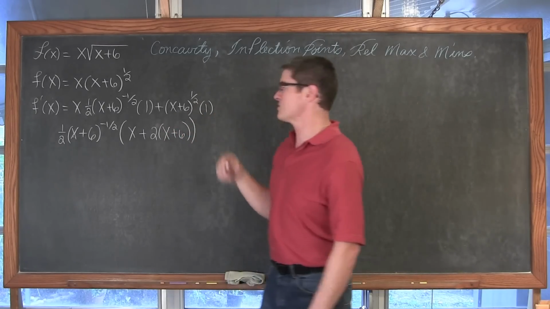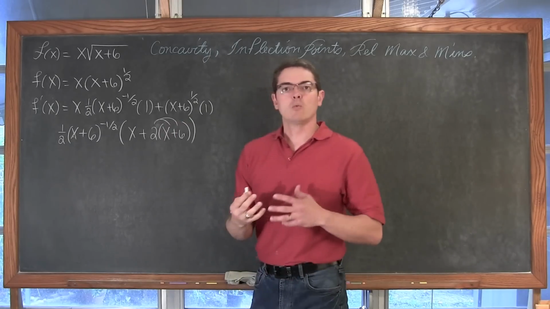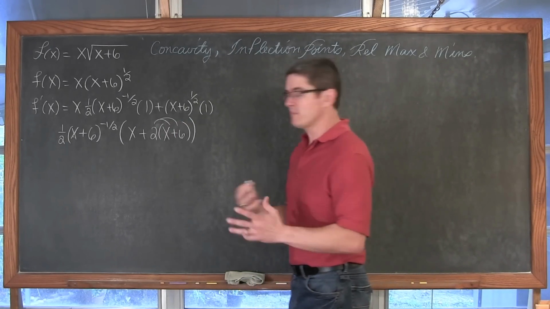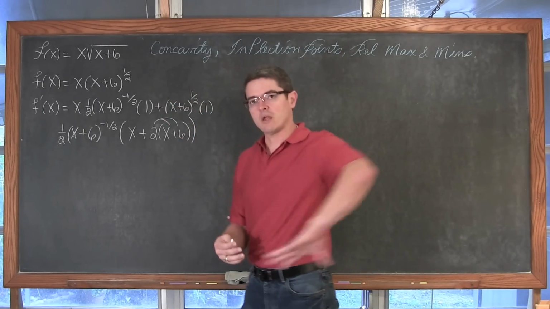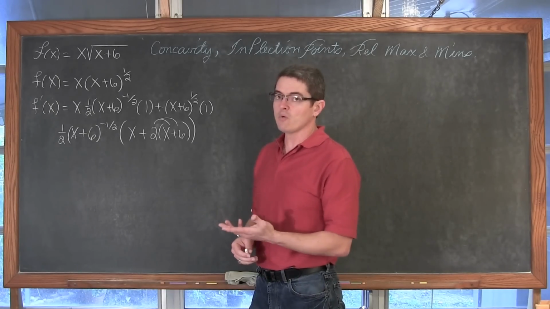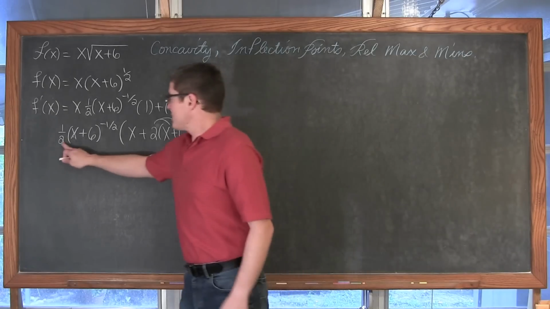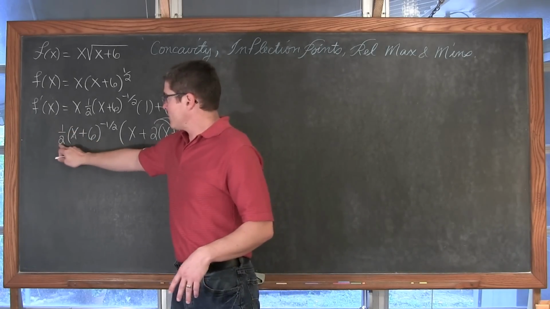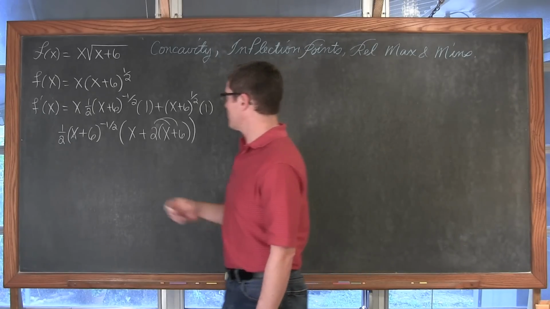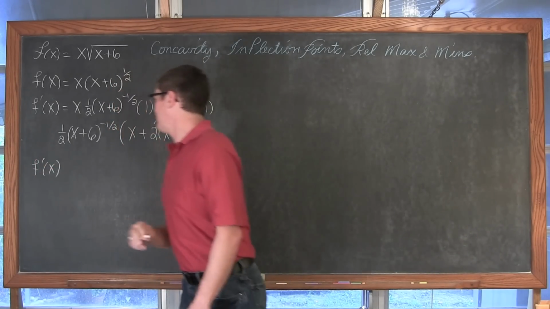Now we're going to distribute this 2 through, and we're going to show all of our steps as we do these problems, because they're very meticulous, and if you make a small mistake, you can carry it through very easily and not notice it till you're done and you check your answer. The more work you show, the easier it is going to be to find your mistake and then fix it. So this 2 is already in the denominator, that 1/2 that we factored out, and the x plus 6 has that negative 1/2 power. So we're going to write the first derivative of f, or f prime of x, is